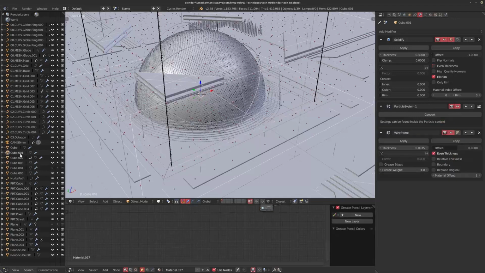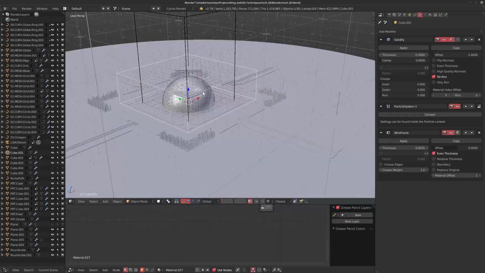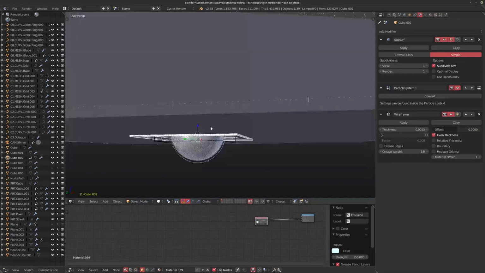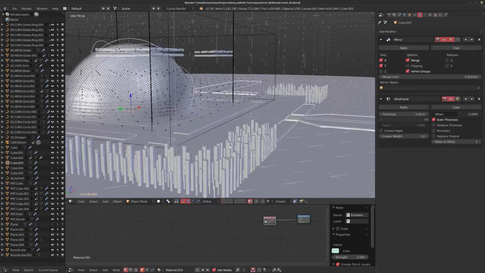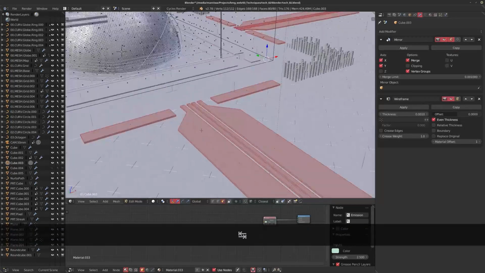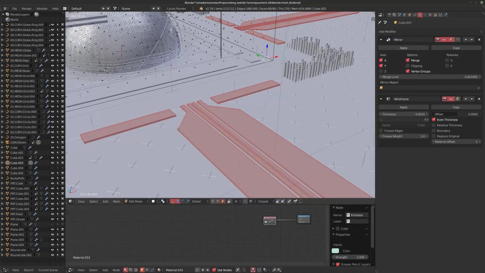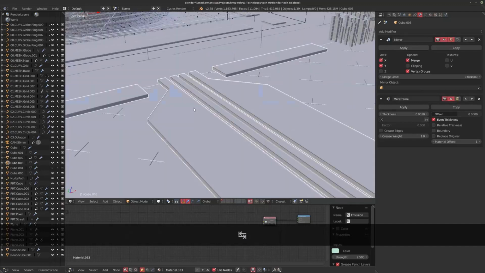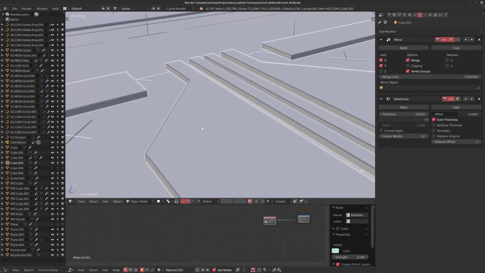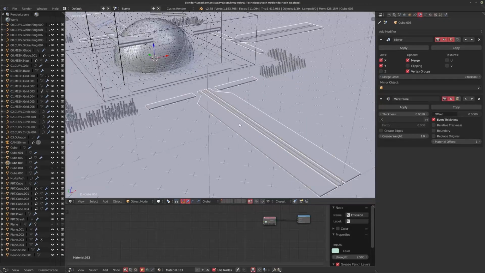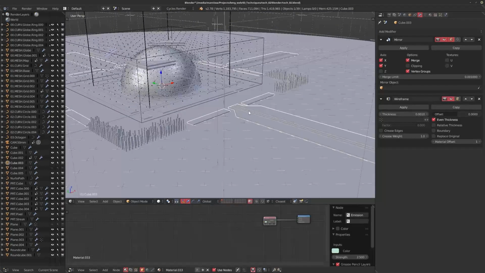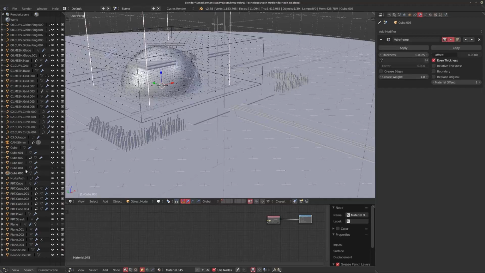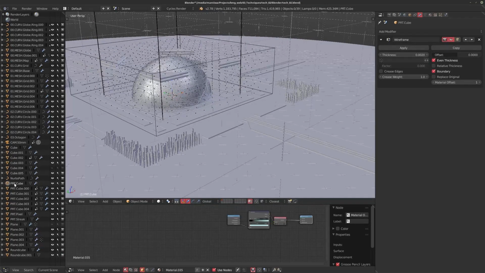So let's see what else we have here. So we have these cubes with the particles. We have, what is this? Oh, this is the cube with the other particles. These just have been modeled very simply, and when I was modeling these, I took out the edges here, so when the wireframe pops up, you see you don't have that edge running across. Yes, it's an n-gon, but it's not animated, so it really doesn't matter. And in this case, if it looks good, then that's fine. Also, we have the cube in the middle, and I can keep going.